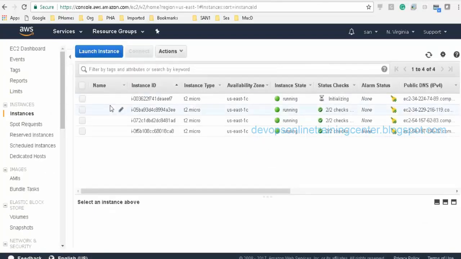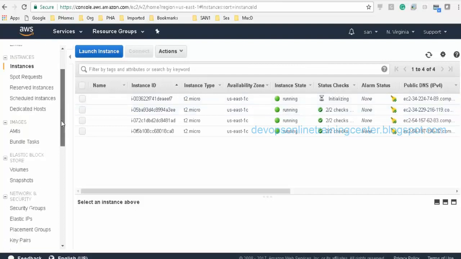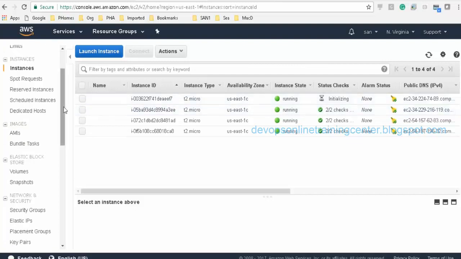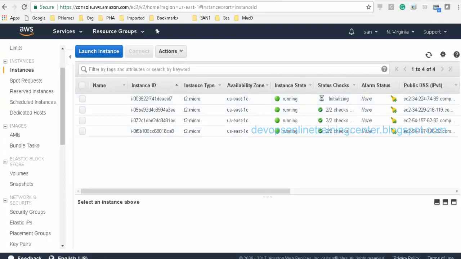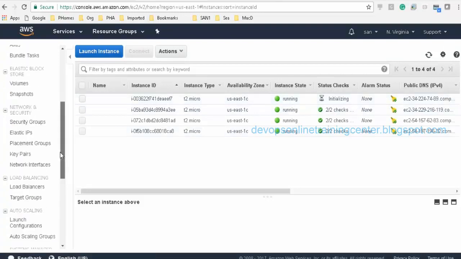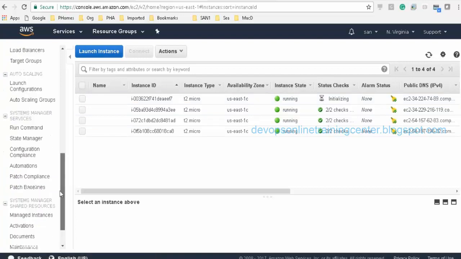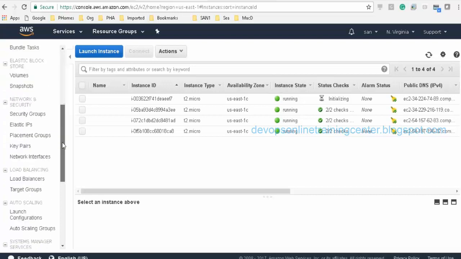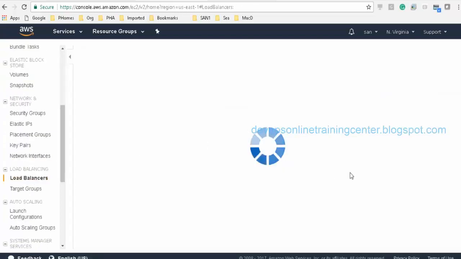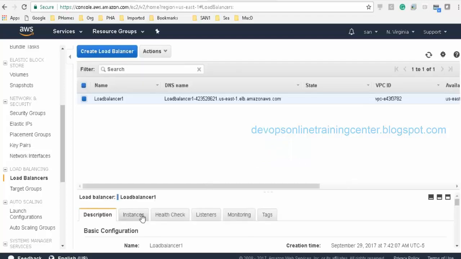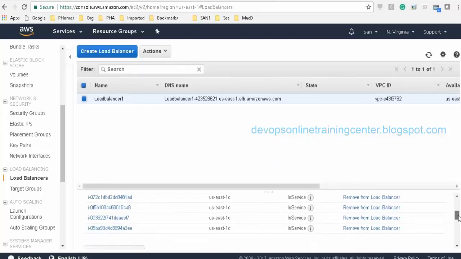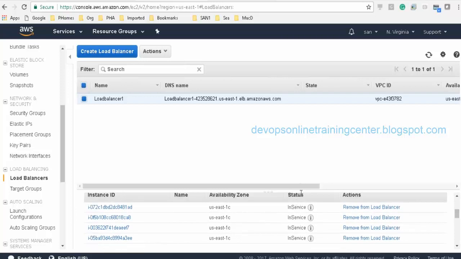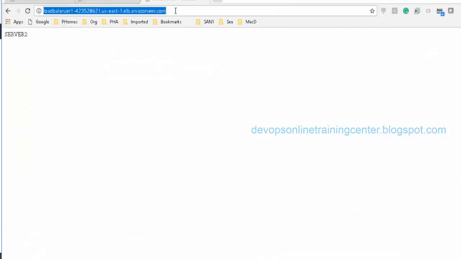Okay, it is spinning up another instance, maybe because the load is high. It started spinning up the other instance. Let us see what is happening in the load balancer. Okay, so all 4 instances are in service now. There is a new instance added, maybe because the load on the instances is high. Now the traffic should get redirected to all 4 instances.